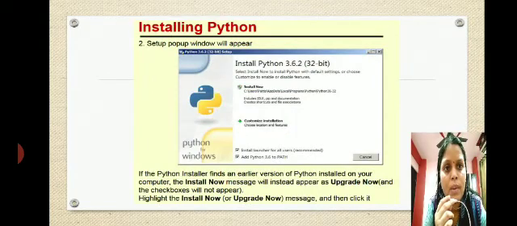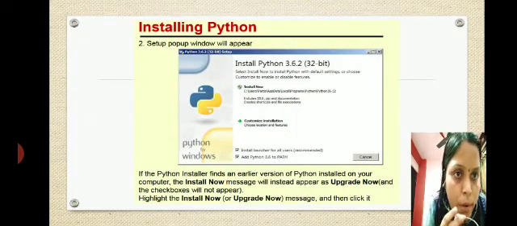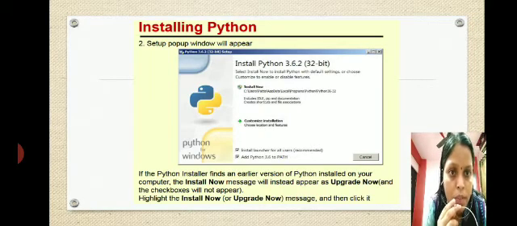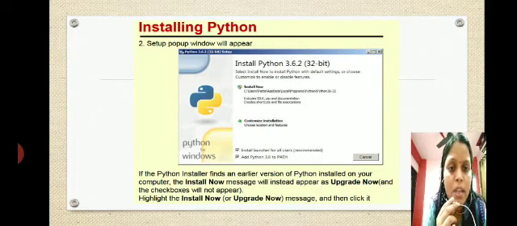A setup pop-up window will appear, and it will ask you for the install now option. If the Python installer finds an earlier version of Python, suppose you have downloaded something and removed it, but still in the cache memory, in its temporary memory, the installation instance will be there.